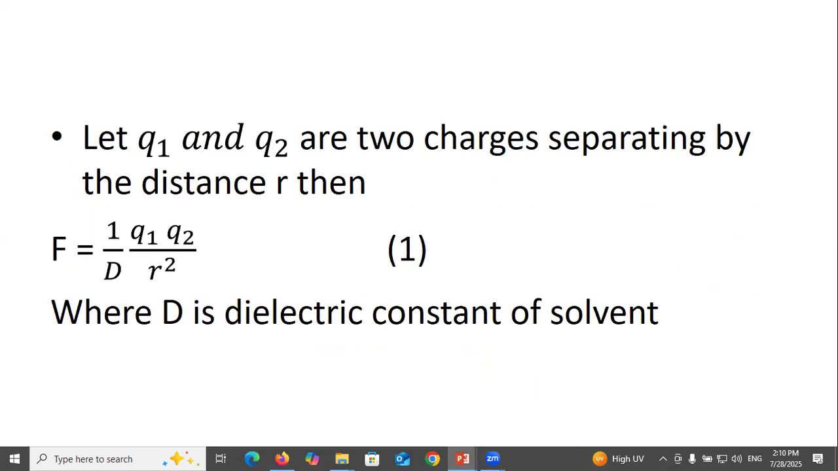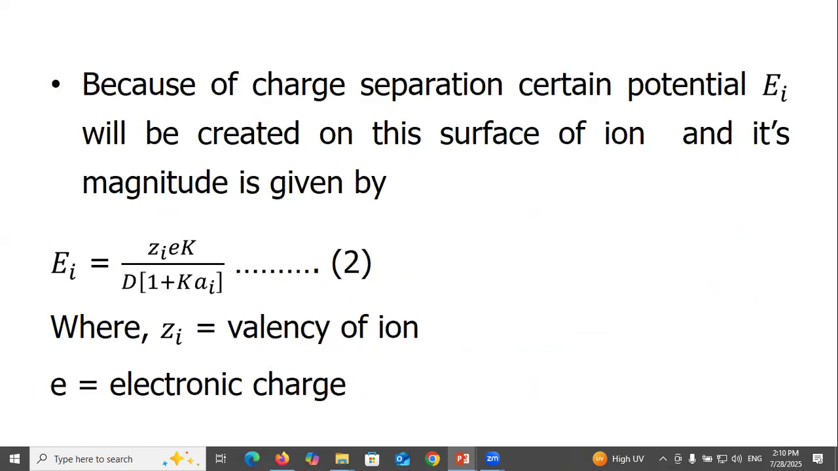Let Q1 and Q2 be two charges separated by the distance r, then F equals 1 over D, Q1 Q2 over r squared, where D is the dielectric constant of the solvent. Because of charge separation, a certain potential Ei will be created on the surface of the ion, and its magnitude is given by Ei equals zeta i e K